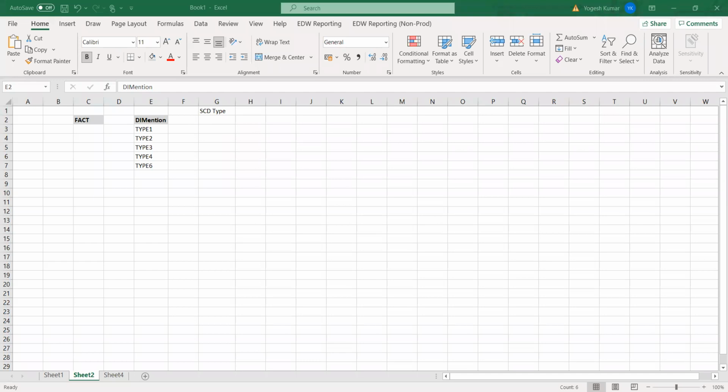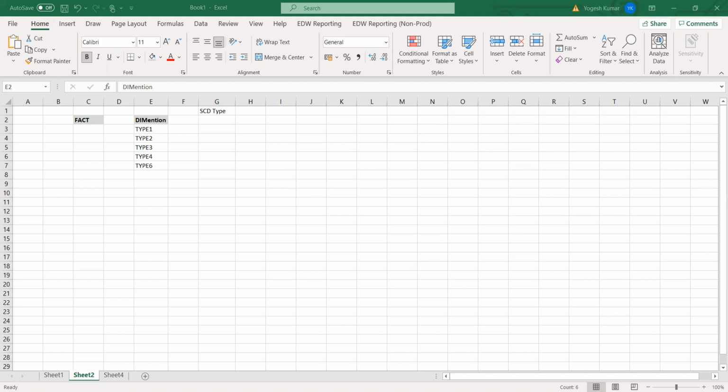The data warehouse will have 2 types of tables, fact and dimension. Always remember, nowhere else. Fact and dimension will always be in the data warehouse.